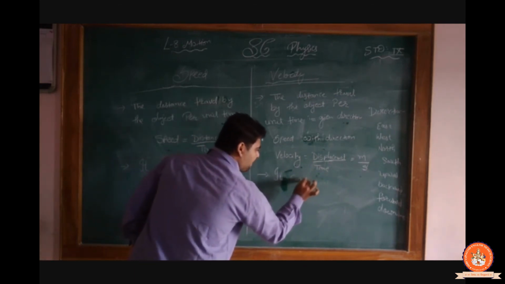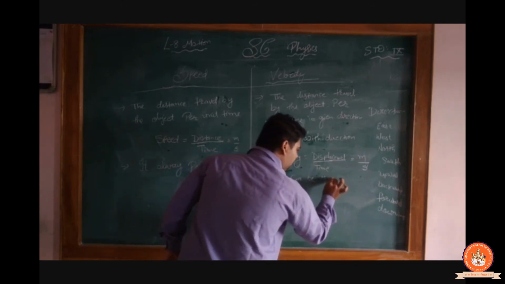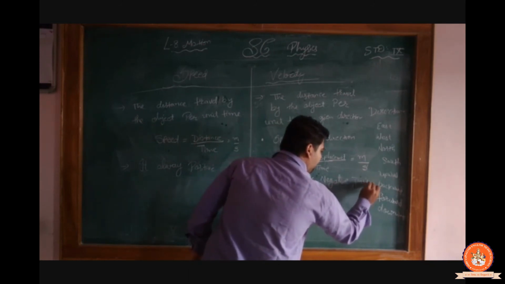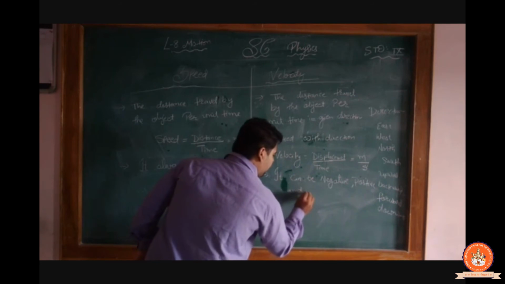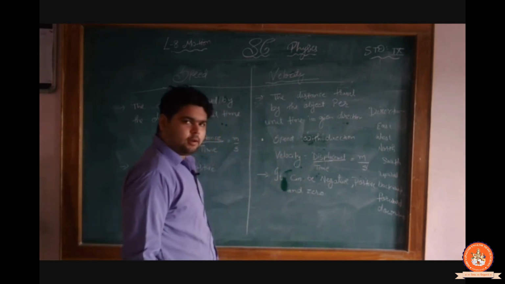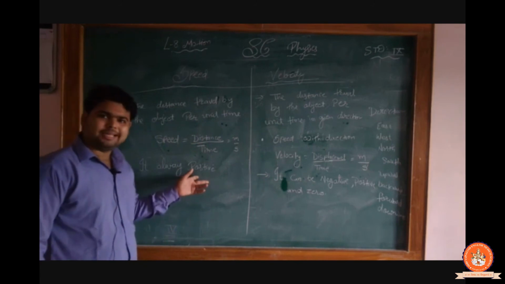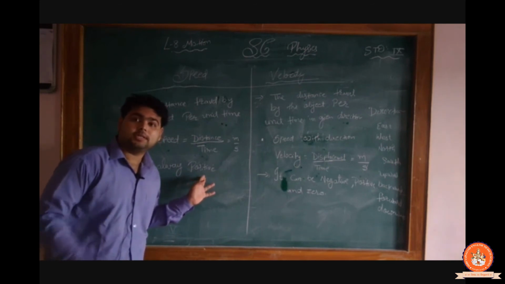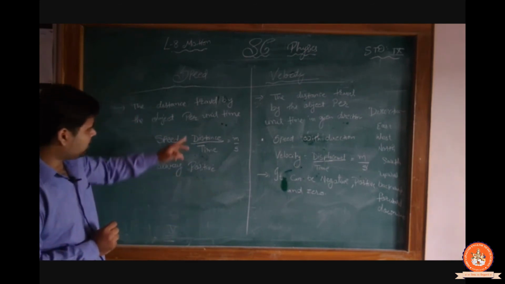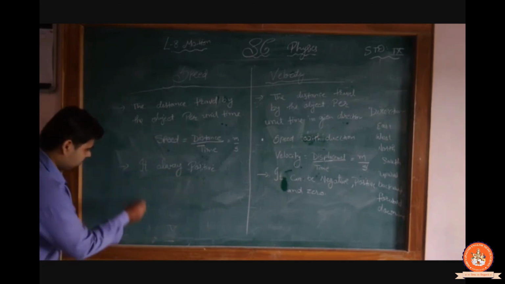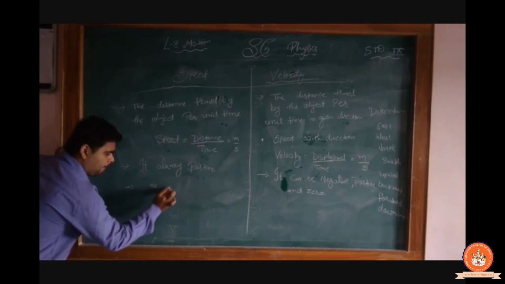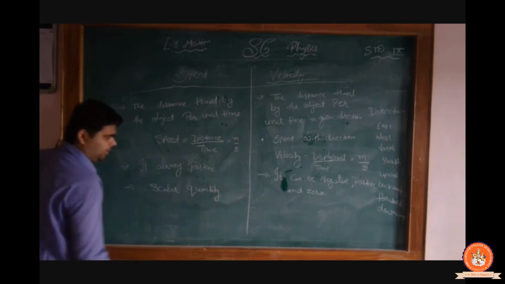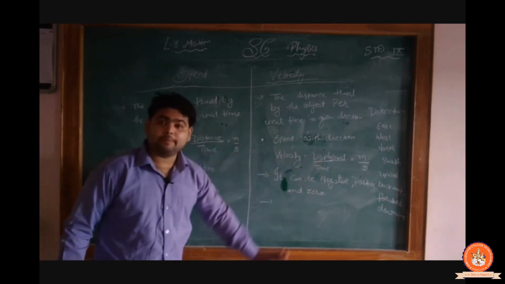It can be negative, positive and zero. Now, sir, is any physical quantity included here, scalar or vector? Scalar means it just needs the magnitude. Clear? So is any direction given here? No, so it's a scalar quantity. And here is displacement, which means it's a vector quantity.